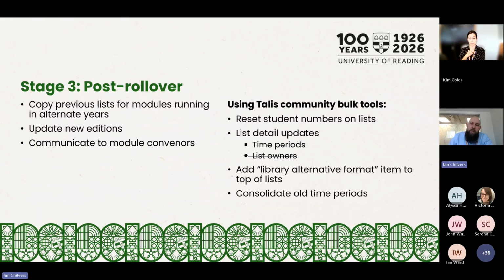Providing accessible copies for students, and that's at the top of the list. So obviously, they see that first. So if there's someone who would benefit from that service, they can access that. And then because we like things being neat and tidy,